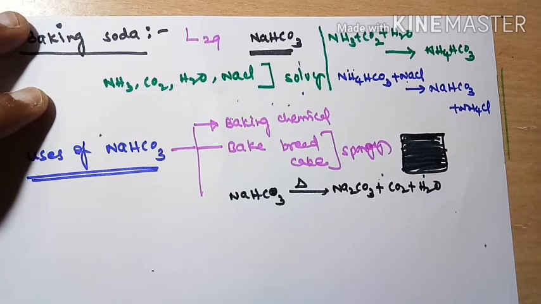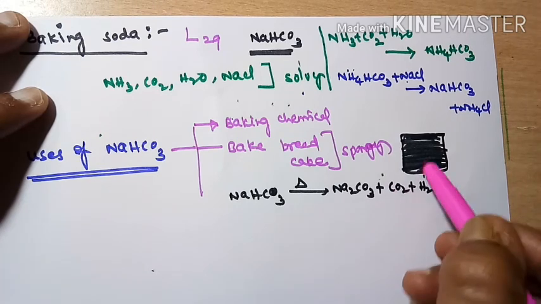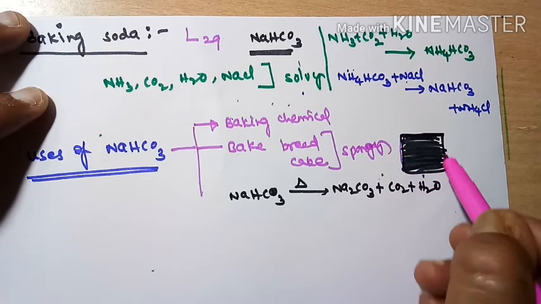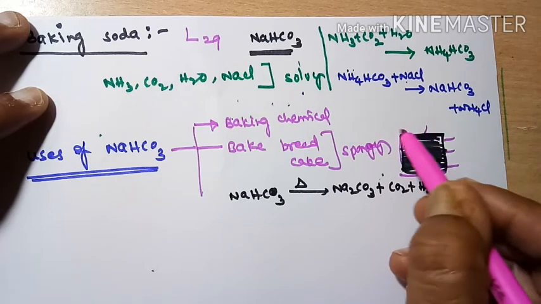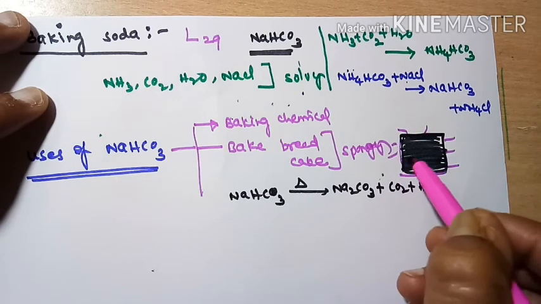Carbon dioxide formed on the outside simply escapes outside. But at the internal positions,